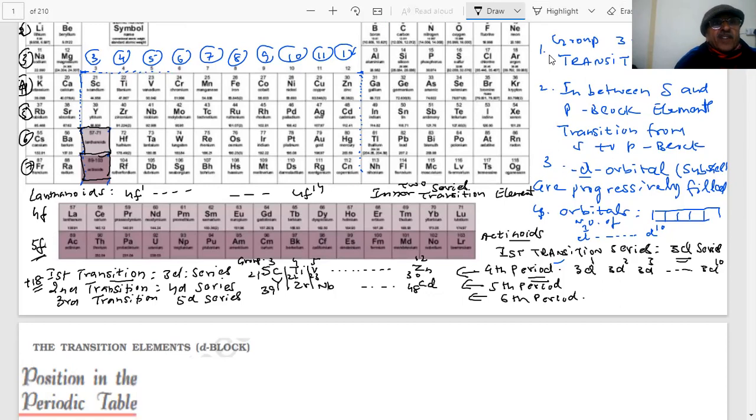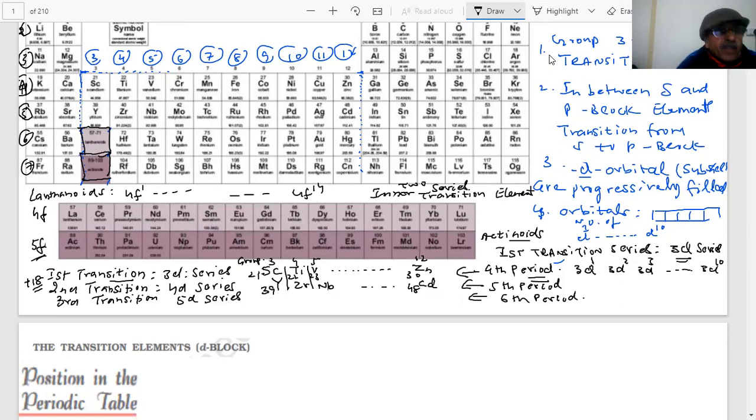This question has been asked. After that, once the 14 electrons are completely filled, the next electron goes into the 5d, 5d1 to 5d10. So you are starting from hafnium to mercury. This is the sixth period. So you have the first transition, second, and third, which we call the 5d transition series.